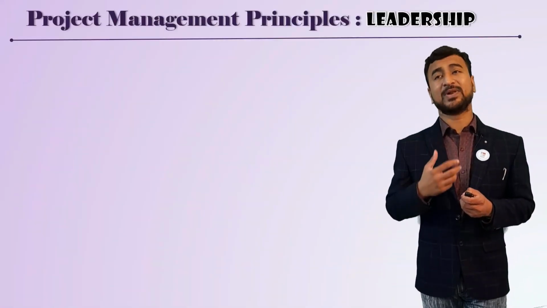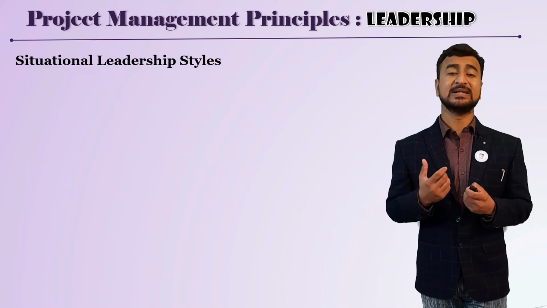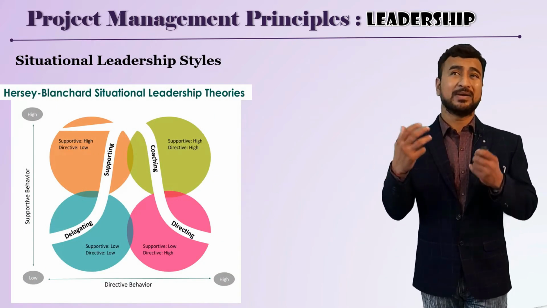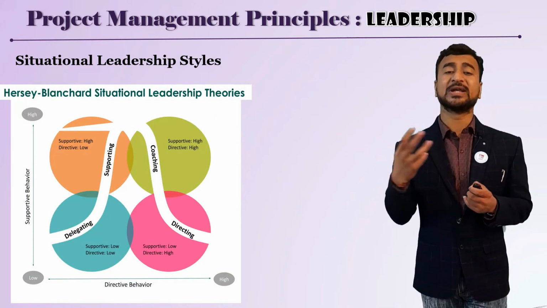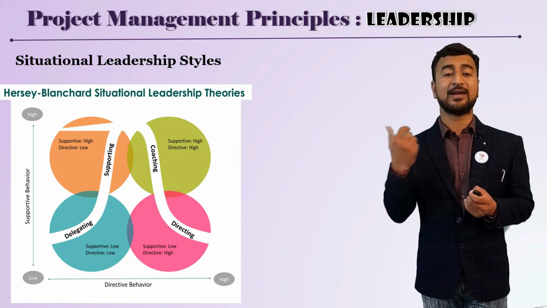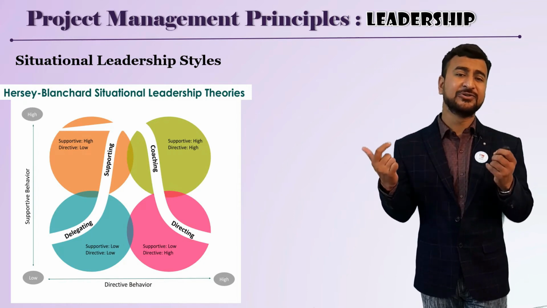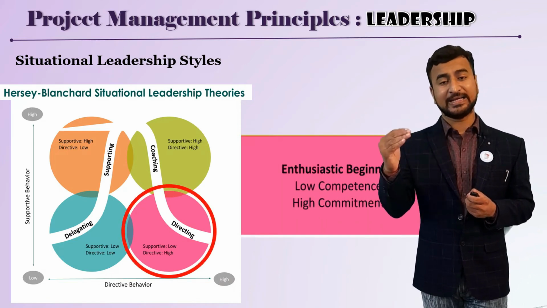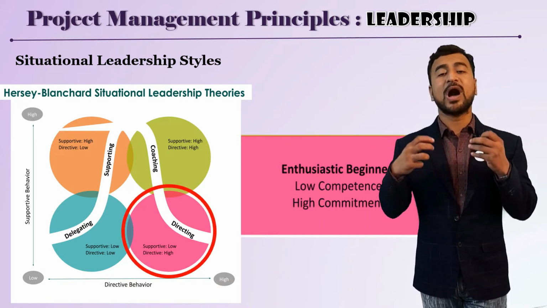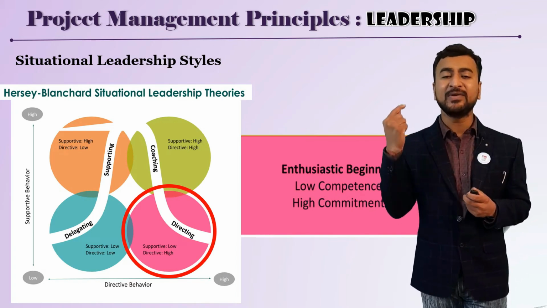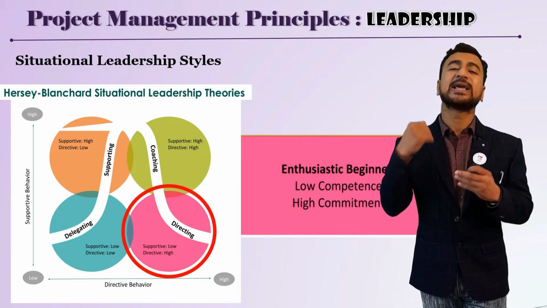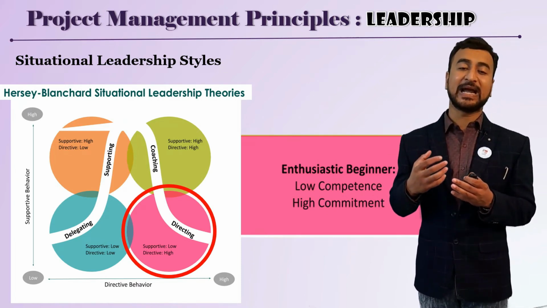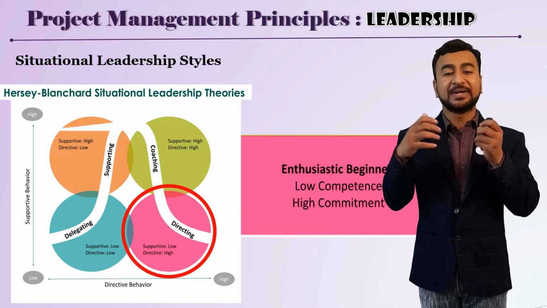One good example is situational leadership, the leadership style that we call the situational leadership model or theory, given in 1968 by the organizational behavior research scientists Hersey and Blanchard. So first they called it directing. When you have a team of very enthusiastic beginners with very low competencies and high commitment to achieve the goals, at that time you can have a directing kind of leadership where you support less but direct them